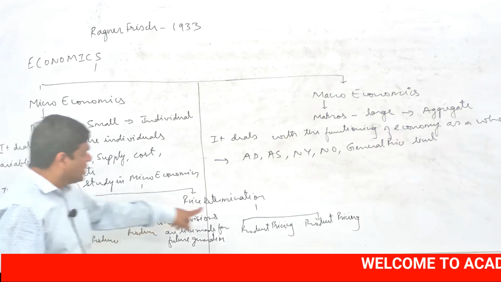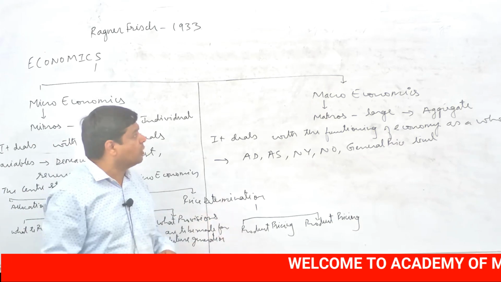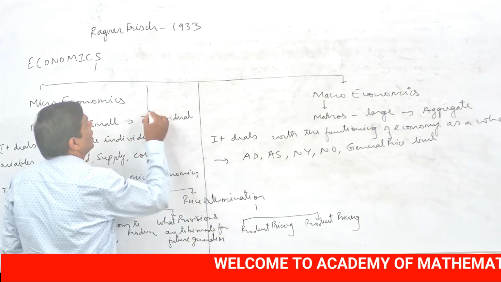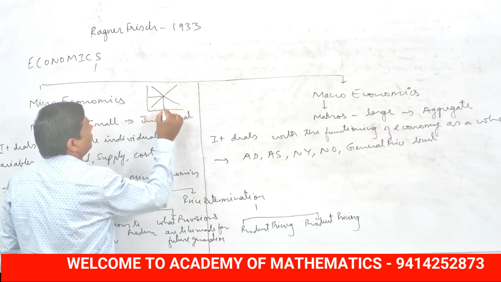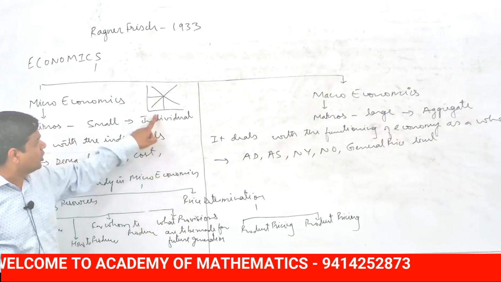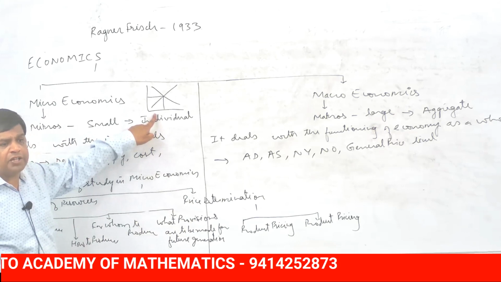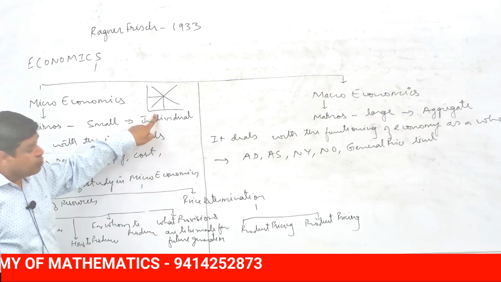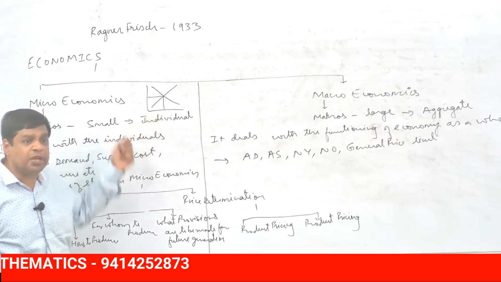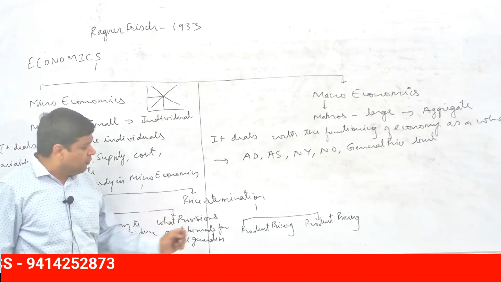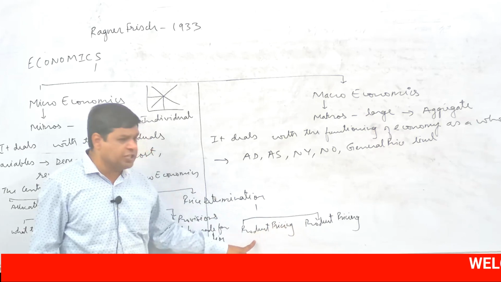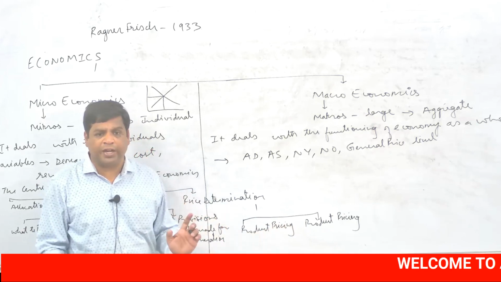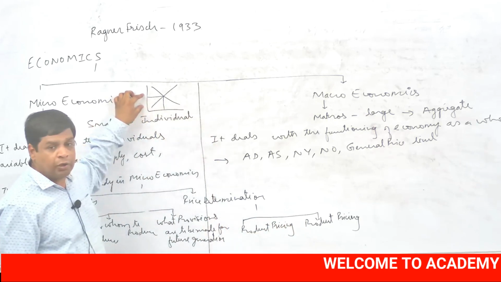One more thing, price determination. Just recall class 11th, last chapter, students, price determination under perfect competition. Price is determined at the point where market demand is equal to market supply. So students, price determination is the main work of microeconomics, whether to determine product pricing or factor pricing. Product pricing means any good's price is determined where demand and supply are equal.